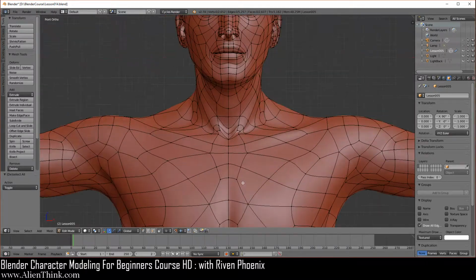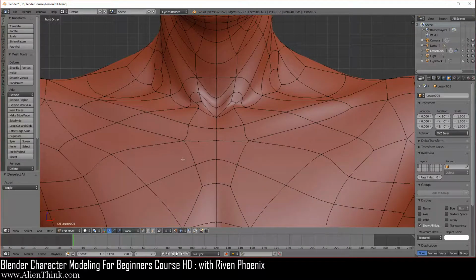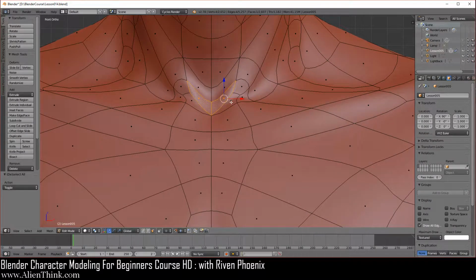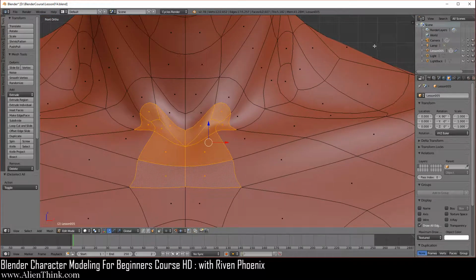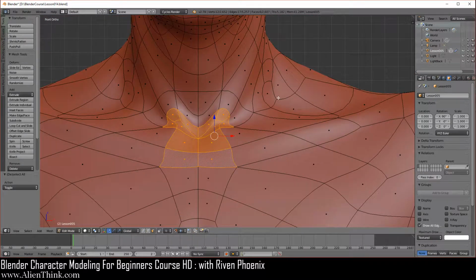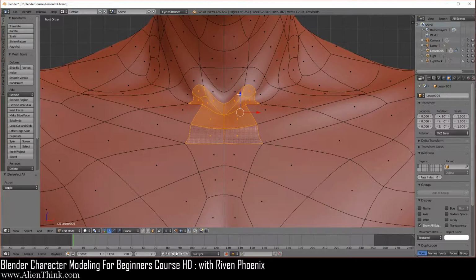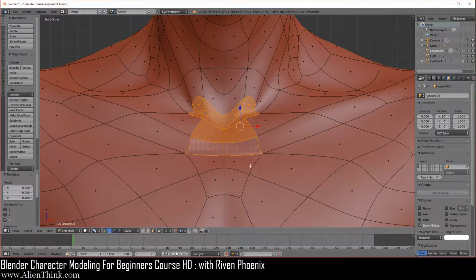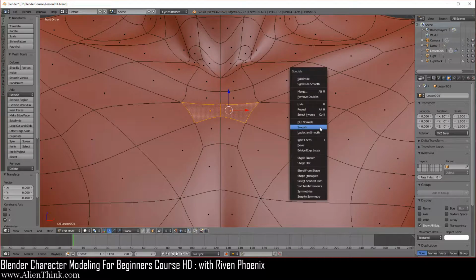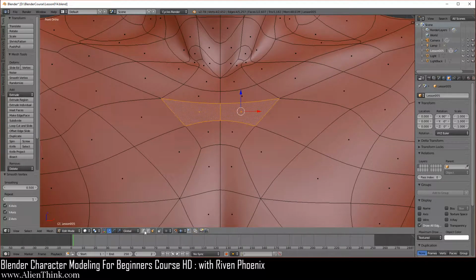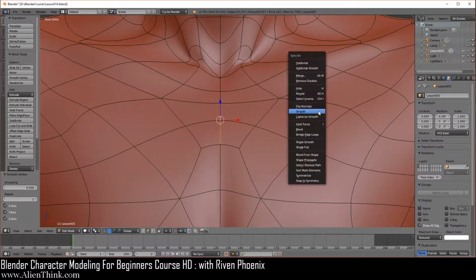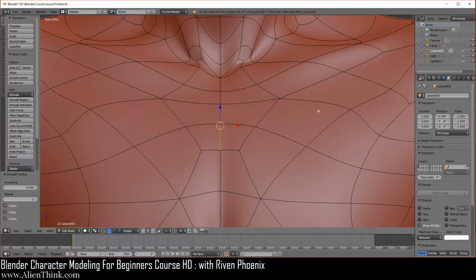So go ahead and just zoom in over here. What you want to do is click on the face select mode. Click on this face, shift key down, this one, this, and this. Over here you can see that I'm getting these smaller grid units, so I'm going to zoom out until they disappear. So I'm in the big grid units. We're going to bring this down one time like this, then click on this one, do W smooth, 1 and then 2, then click on the edge select mode, click on this edge, shift key down this one, and just smooth it 8 times, W smooth, 1, 2, 3, 4, 5, 6, 7, and then 8.